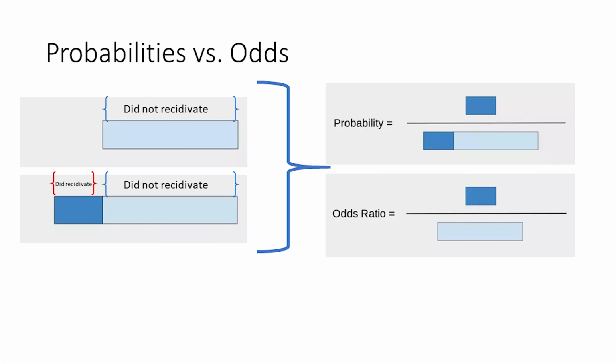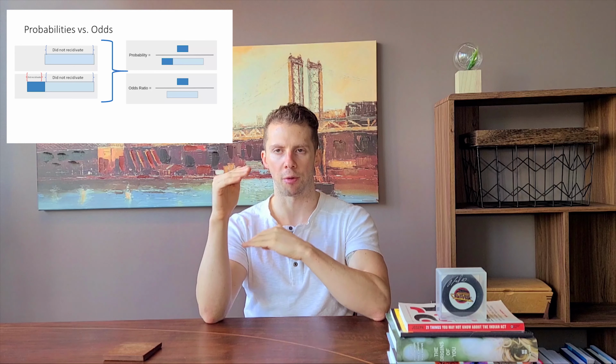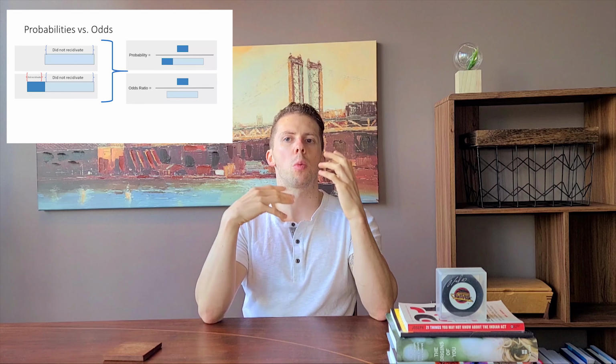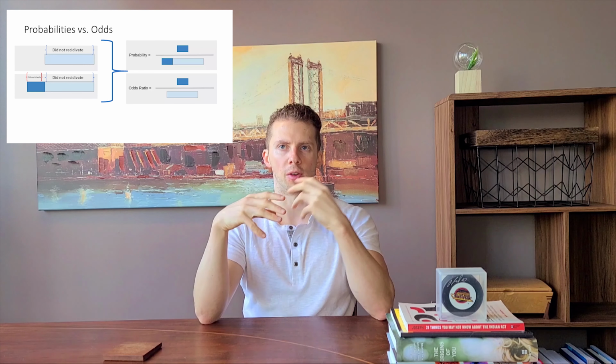Earlier I referred to how we can think about our dichotomous variable as probability. If we have a sample where they either scored 0 or 1, and we ran univariate descriptive statistics and our value was 0.323, we could say that the probability of scoring 1 on our dependent variable was 0.323. But then we wanted to look at the log odds. So what's the difference between probabilities versus odds?